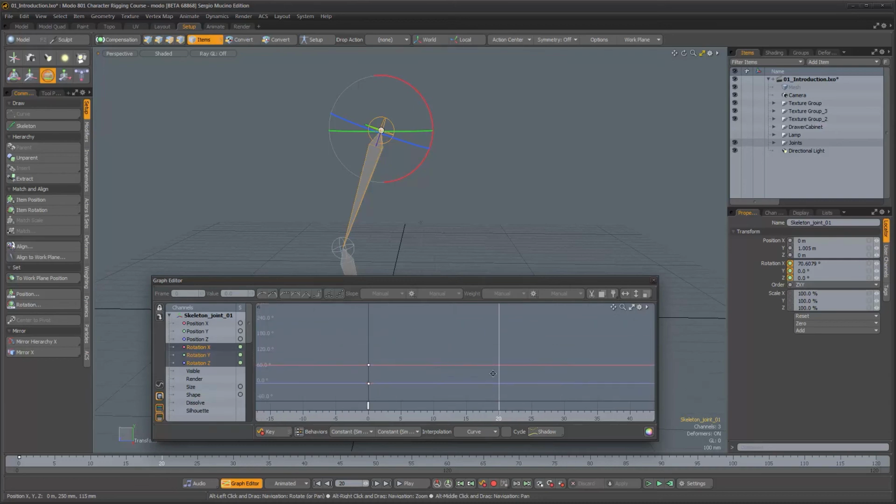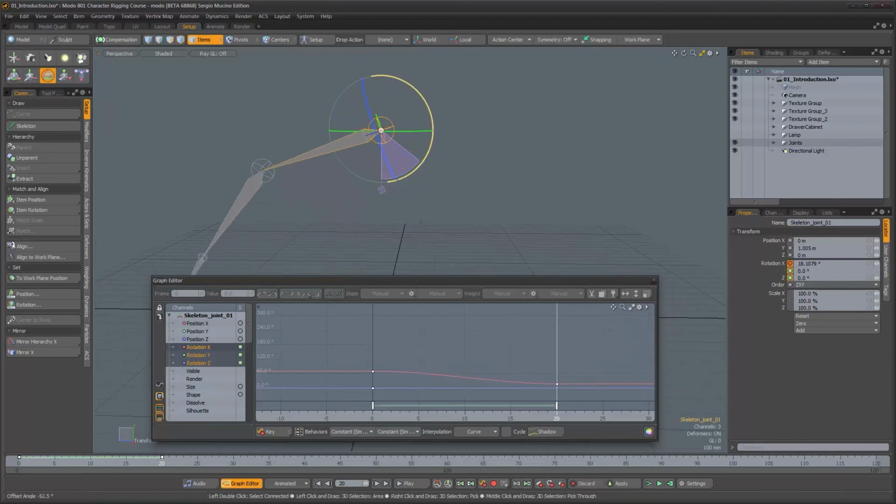Let me frame this a little bit better. So as I start rotating backwards, you can see the function curve for the x-axis go down. That's fine, that's perfect. And then as I move forward, I'll keep going, and then when I reach this point,